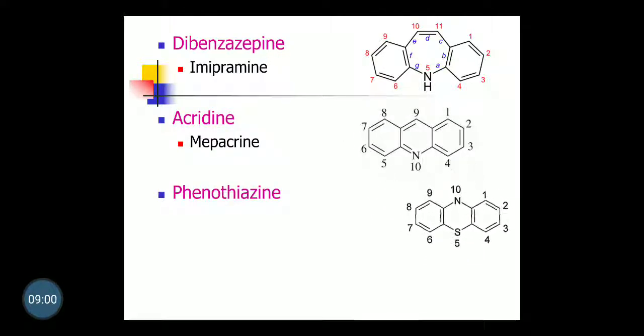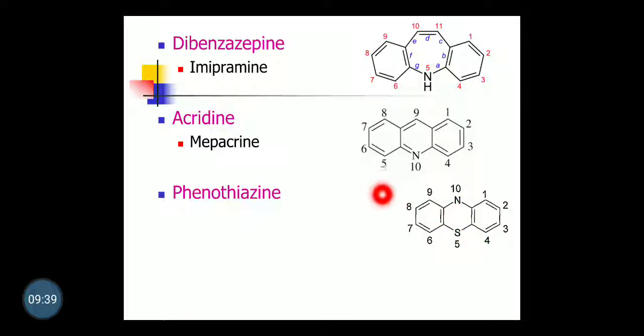Next, phenothiazine. We already discussed phenothiazine as an exceptional case. So how do we give the numbering? It is again a sandwich structure in which the middle heterocyclic ring is sandwiched between 2 benzene rings. In this case we give the numbering from one of the benzene rings: 1, 2, 3, 4, 5, 6, 7, 8, 9, 10. We are counting 5 in this way. N10 is a common mnemonic for acridine, so in this case again N10 will be there, whereas S, that is sulfur, which looks like 5, gets position 5, and N10 as with acridine.